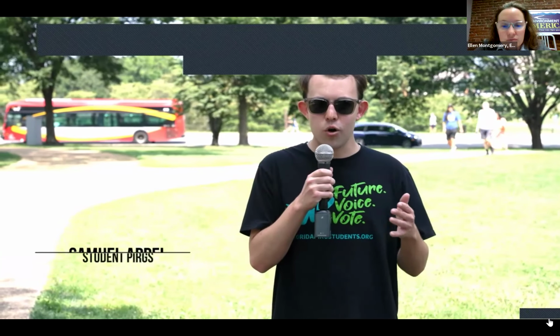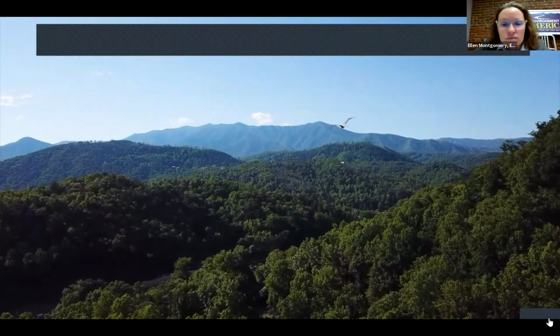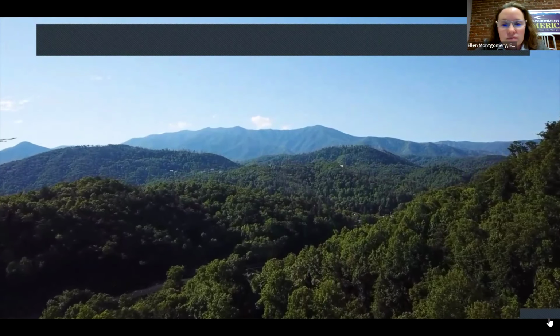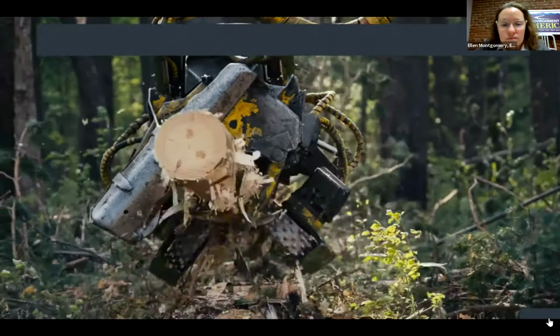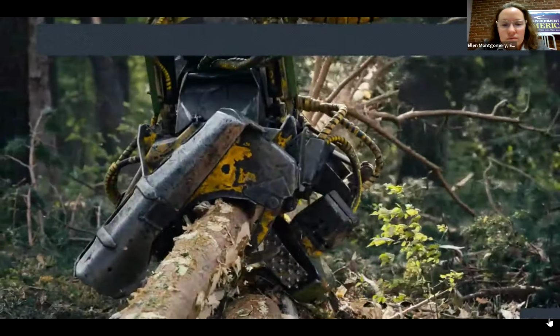These long-standing old forests are something that was enjoyed by our grandparents, our parents, and our generation now, and it's something that I would like my children and my grandchildren to be able to enjoy. And these forests are just a lot more valuable standing and living than they are as logs. Especially with everything going on today, people really need a way to get out, to disconnect from current events and